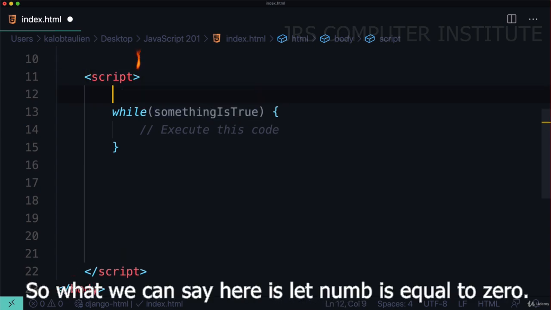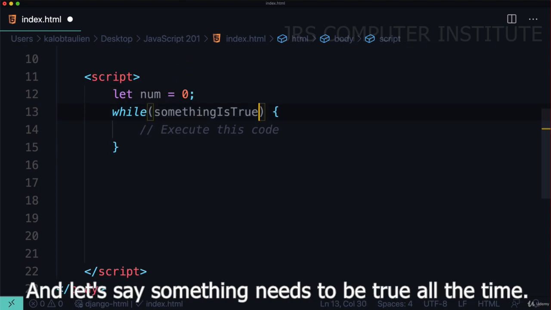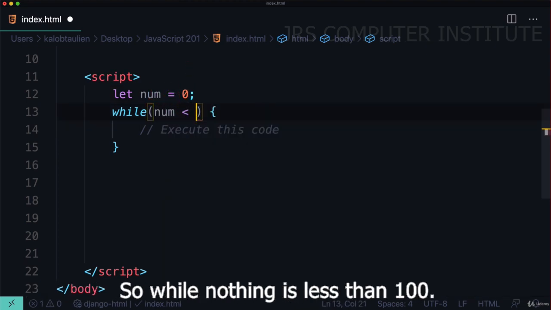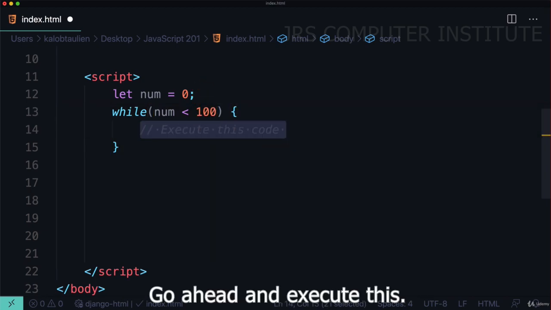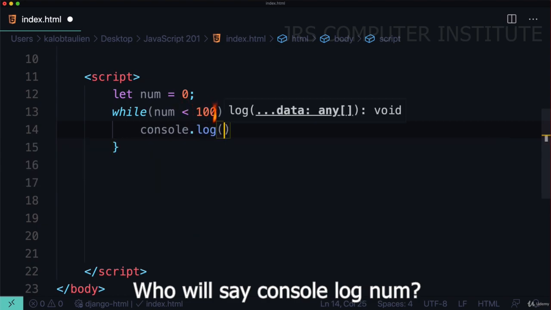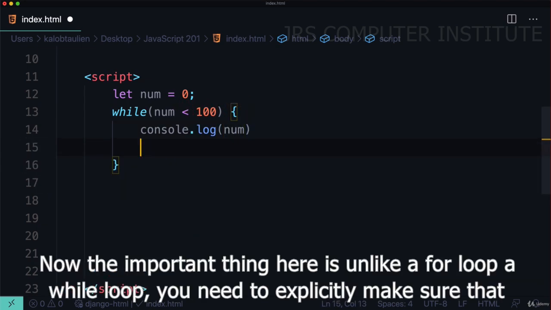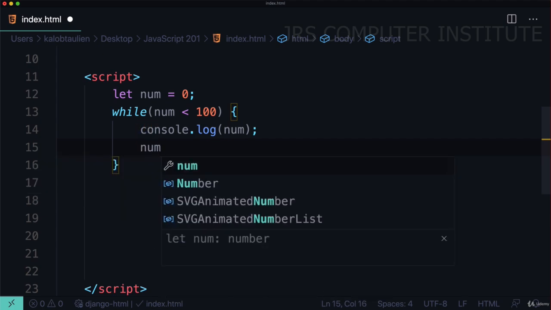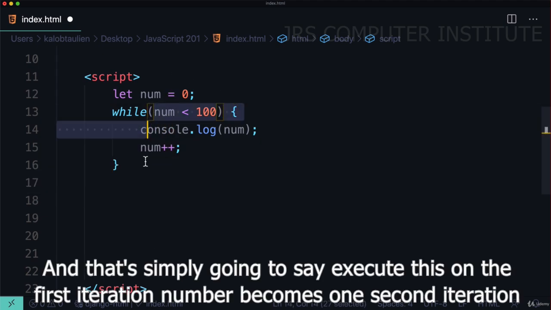So what we can say here is let num is equal to 0, and let's say something needs to be true all the time. So while num is less than 100, go ahead and execute this code. So we'll say console.log num. Now the important thing here is, unlike a for loop, a while loop, you need to explicitly make sure that this becomes false at some point. And so we could say num++,